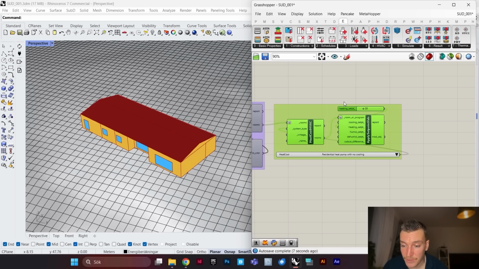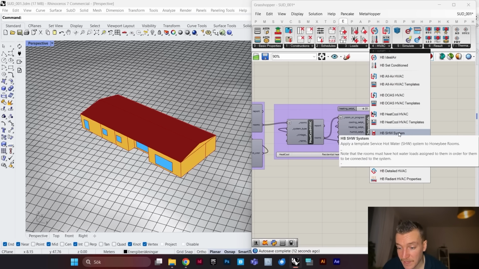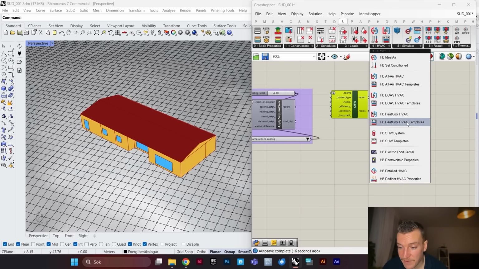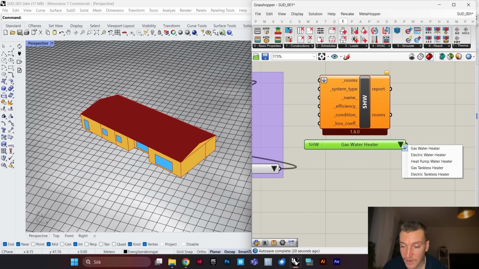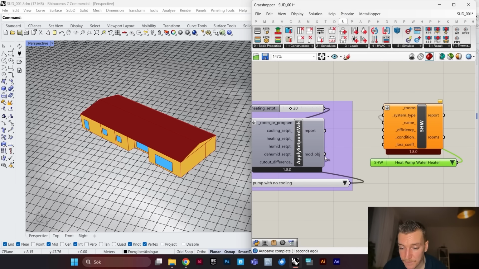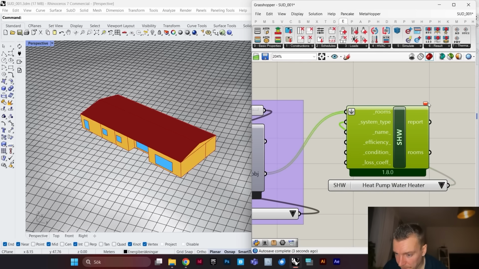We can also use, here in the HVAC, things like the service hot water system. We can also find the template for that, so we can choose how we want to heat our water. Let's choose a heat pump water heater as our system type and connect our rooms to it. But now you see it turned red,